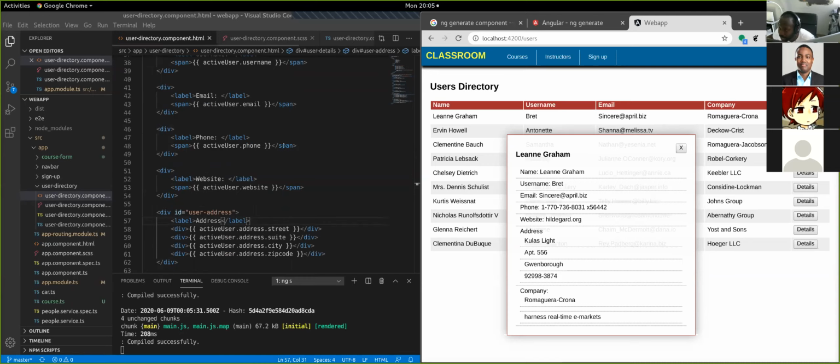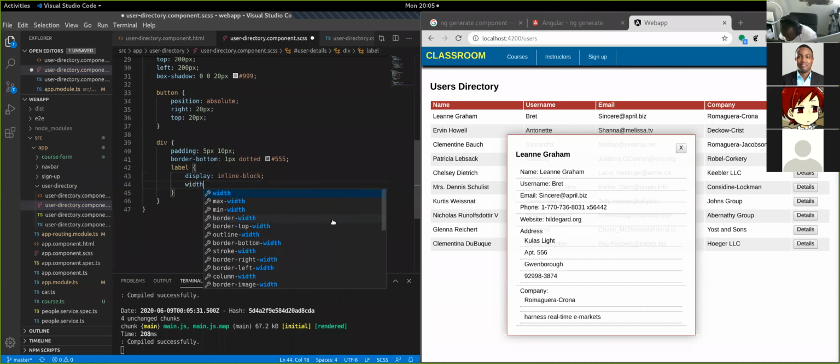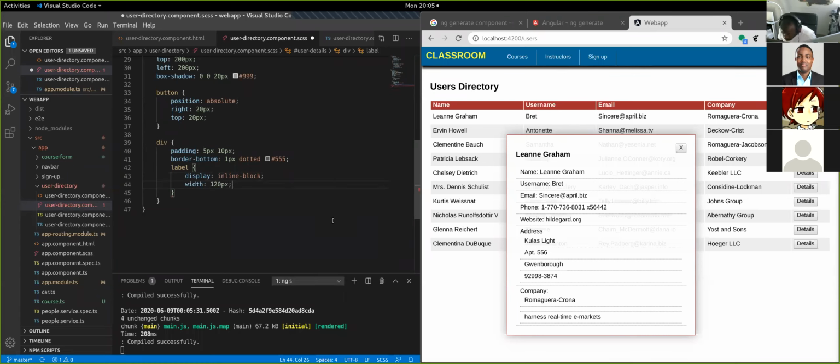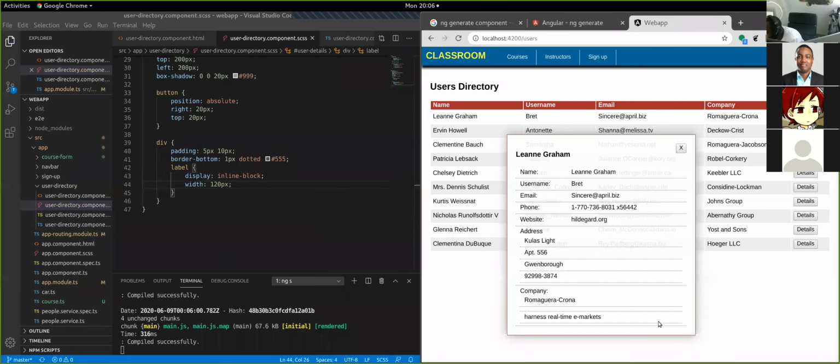Okay. And then the last thing I'll just do is to make the labels inline block. Who remembers why we do inline block? Anyone? Nobody. Did I lose everybody? Yeah. Inline block is so that it doesn't so it doesn't spread through the whole